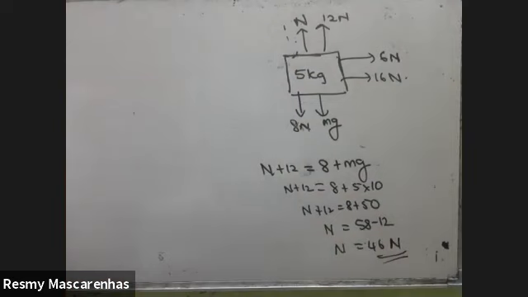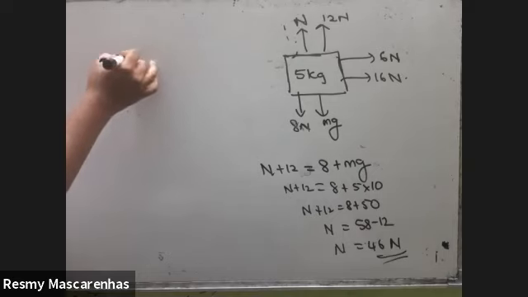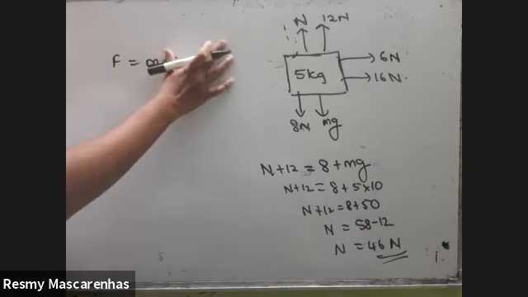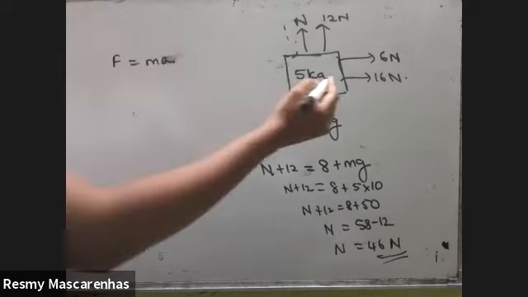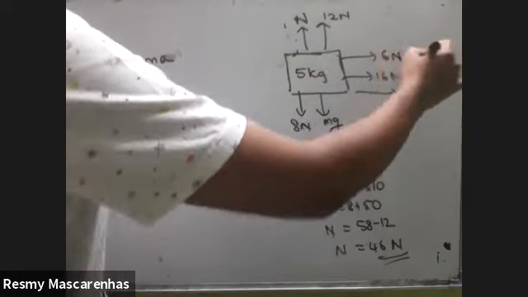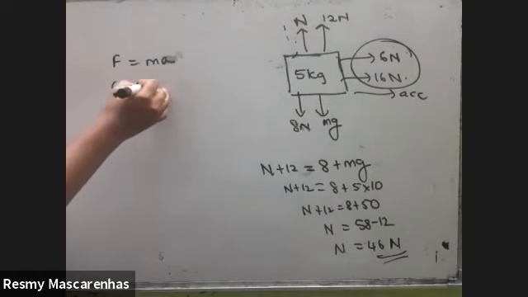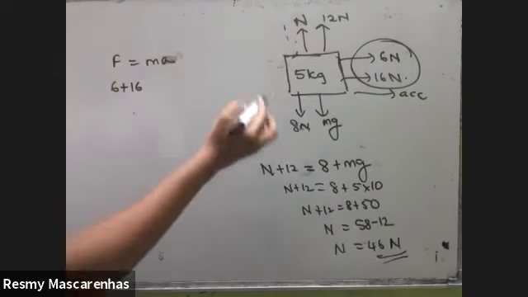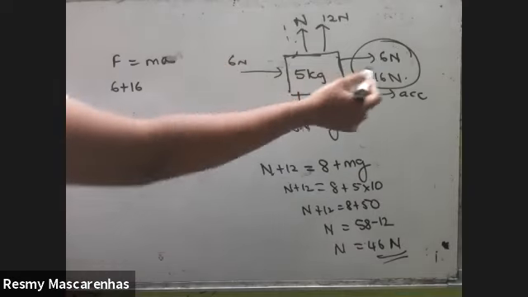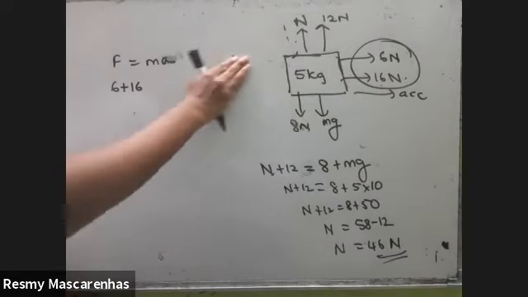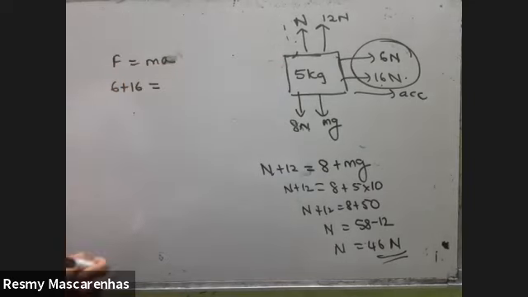N is 46 Newton. Now we want to calculate acceleration. Force is mass into acceleration. So what is the total force now acting on the horizontal side? Nothing but your 6 plus 16. Both are in the same direction. So whether I had put it here at 6 N or here, anyways it would have got added. So 6 plus 16 would give me